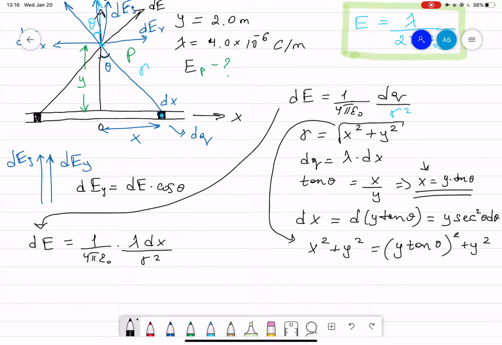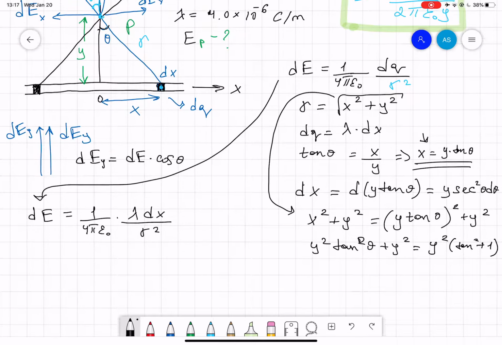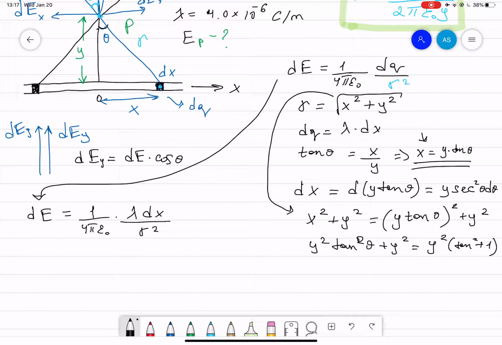Then we get y squared tangent squared theta plus y squared, which is y squared times tangent squared plus 1. Now tangent squared plus 1 gives you sec squared theta, so that means we get y squared sec